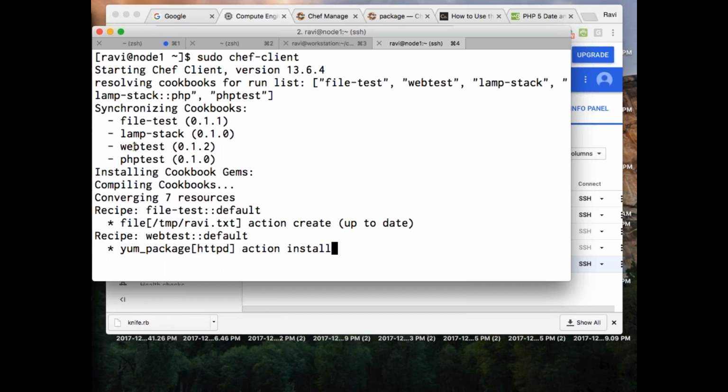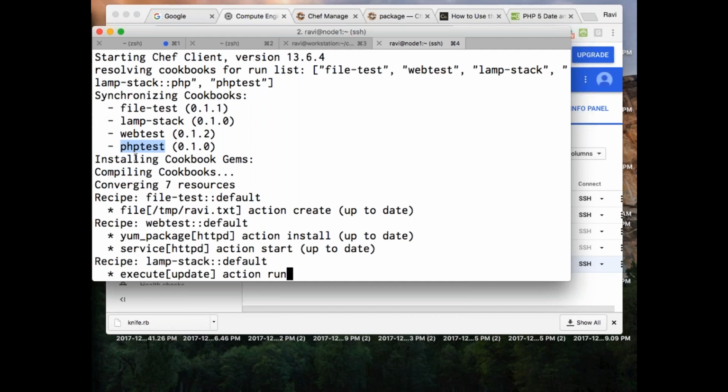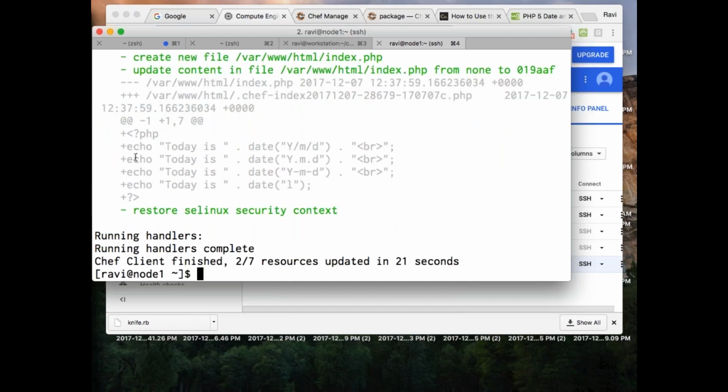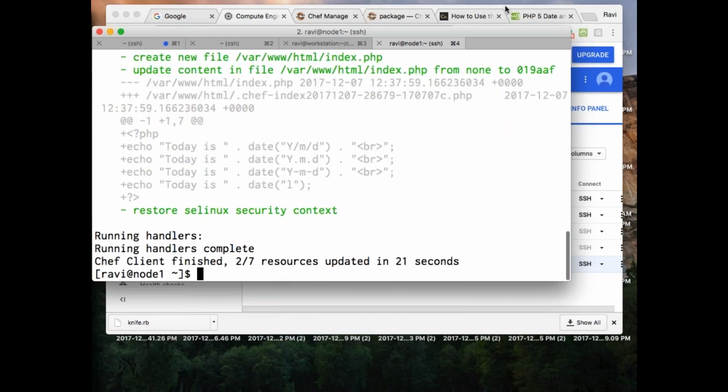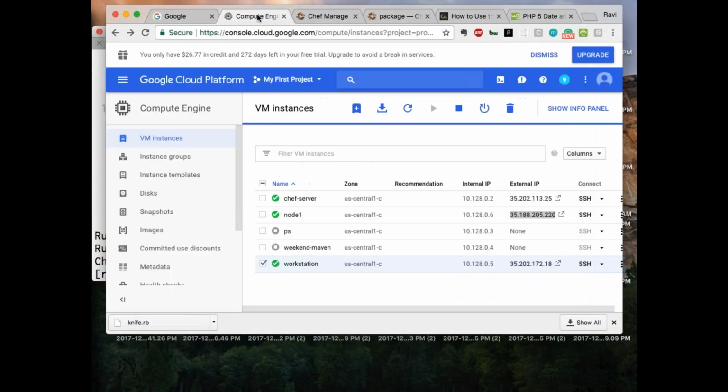So now you see it is going, it said it went and it installed that particular thing. Okay, let's go to the IP address.